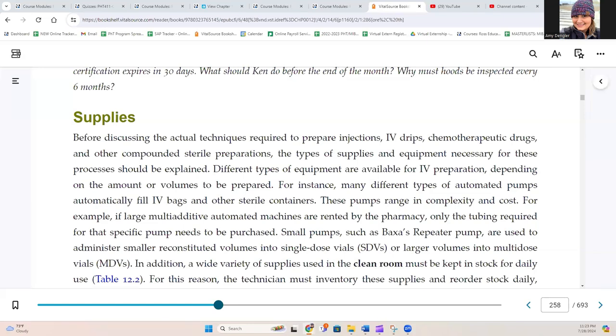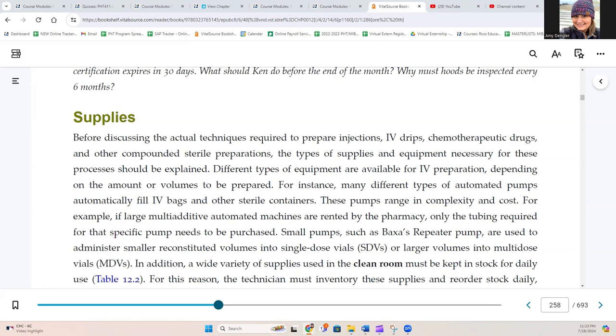Different types of equipment are available for IV preparation depending on the amount or volumes to be prepared. For instance, many different types of automated pumps automatically fill IV bags and other sterile containers. These pumps range in complexity and cost. For example, if large multi-additive automated machines are rented by the pharmacy, only the tubing required for that specific pump